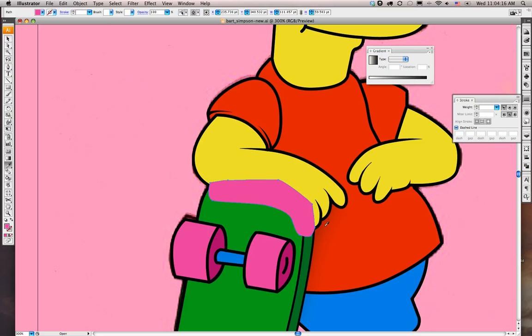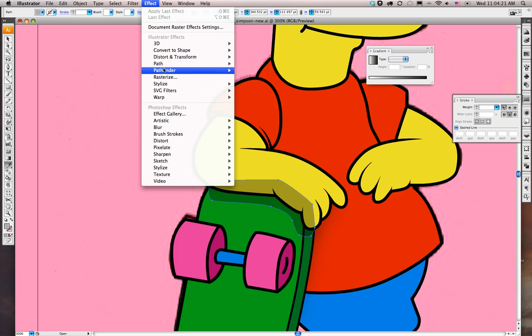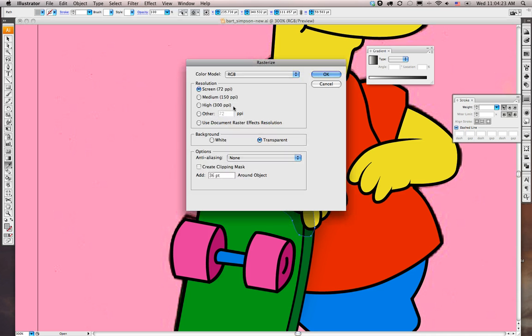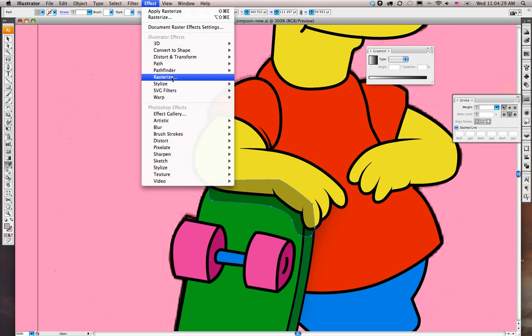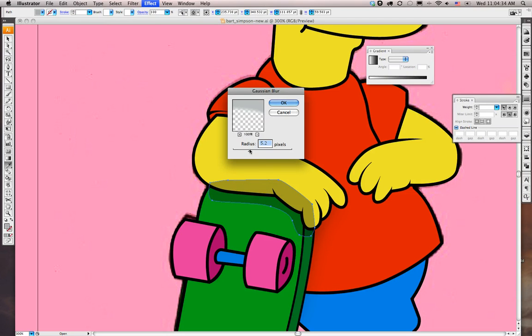Alright, let's sample this shadow we made earlier. There it is, it's that. We're going to go up to Effect, up to Rasterize, because we have to give it some pixel effects. So we're going to set it to 300 ppi. Then we're going to go up to Effect, go to Blur, and set Gaussian Blur. I'm going to blur this out so it's really soft. Okay,